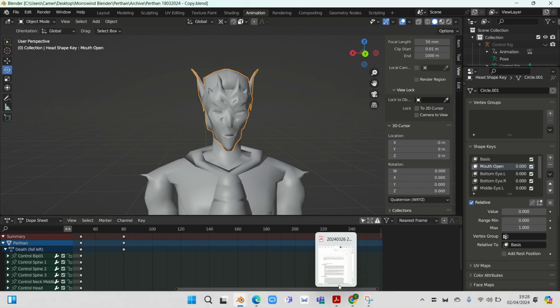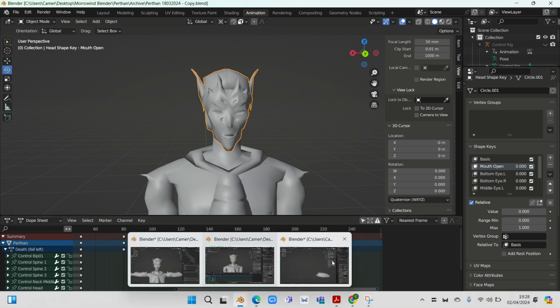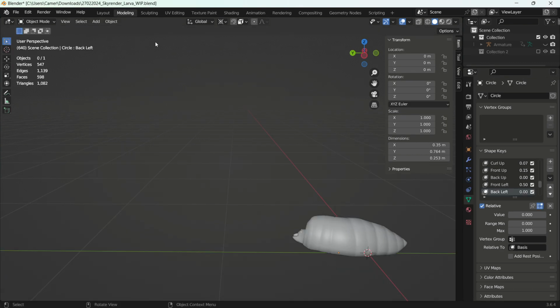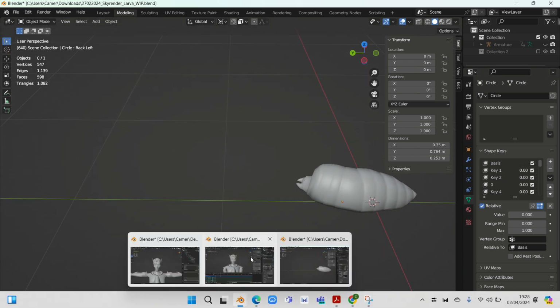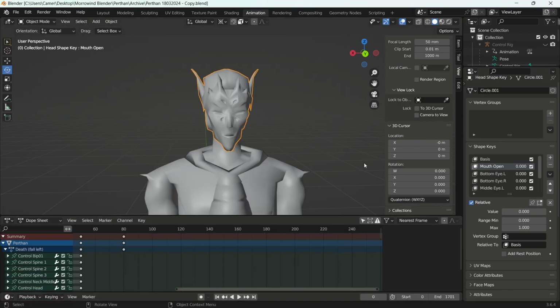Now, to access shape keys, you are usually clicking on your object, going to Data, Object Data Properties, and Shape Keys. Now, for the spider daedra mesh, I've got a shape key here that will allow me to open or close the mouth. Quite helpful for attack and hit animations. I've also got shape keys which control individual eyes of the mesh, which I can use for blinking,